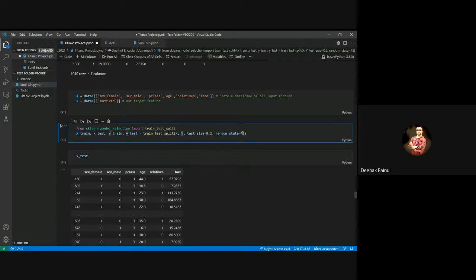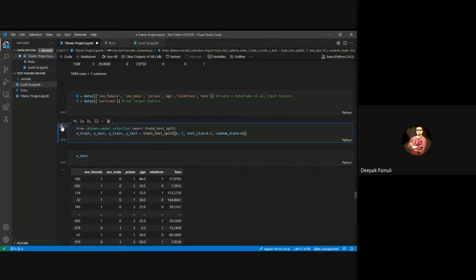Random state is the value which defines the sampling pattern of data selection, right? The features and data will be selected randomly. So remember one thing, always use the same random state everywhere in the program, otherwise there may be a problem in the learning. If you have chosen random state 42, then use random_state equals 42 everywhere where you have to select samples, right?